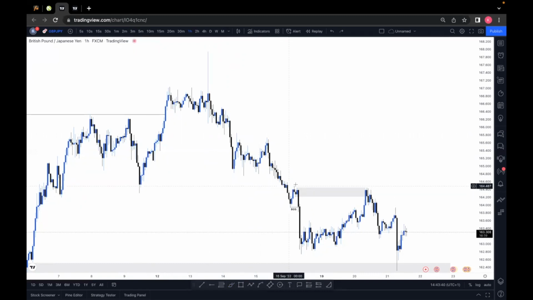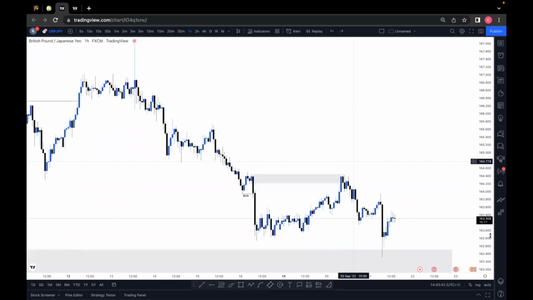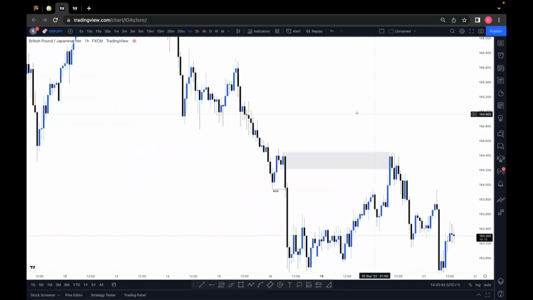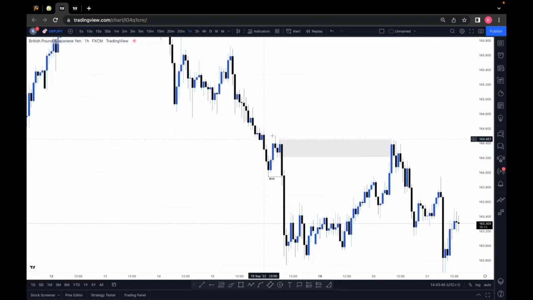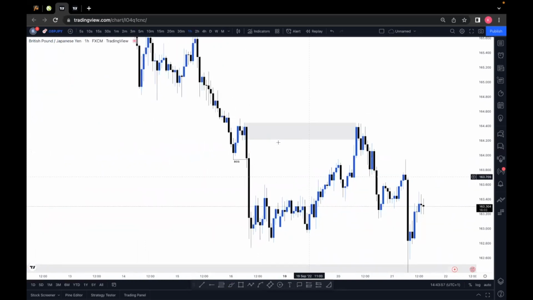We had price actually coming back, right? So we can clearly see the price actually came back right here to mitigate that order block. And then we had the second break. So now we can clearly see that structure shift on the lower time frame, pretty much telling us that, okay, price is now ready to come back to that daily bullish POI and probably see the move to the upside,